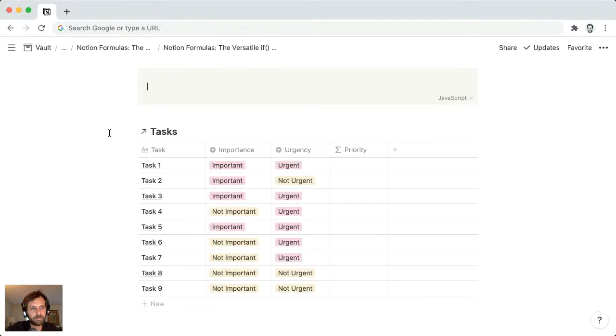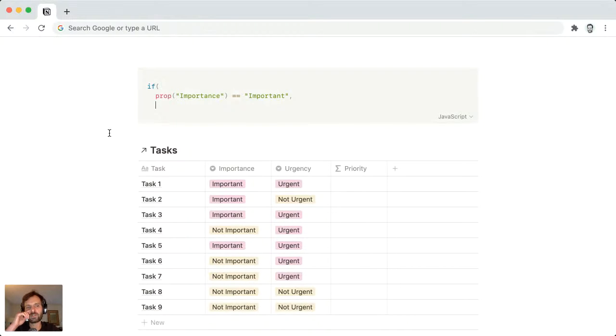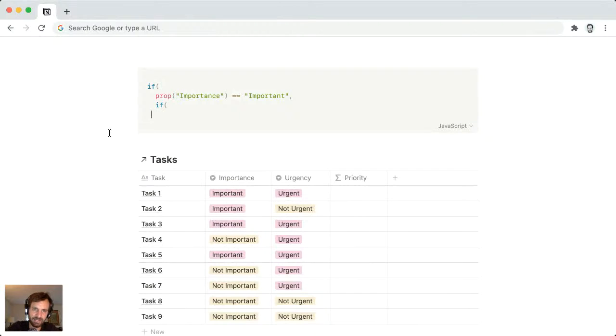We want to start off by testing if the importance property is equal to important. And then we're on to the second argument. So we know that importance is important. Now we want to know, is urgency urgent? So we're going to use a nested if. And this is the first time we've used a nested if as the second argument. So now we want to test, is